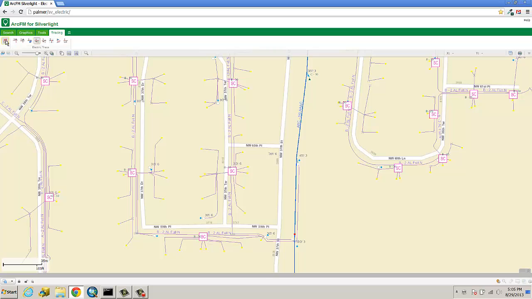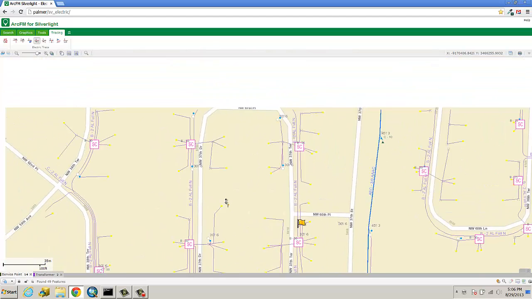So one of the nice things that we have in the tracing capabilities in the new 2.4 version of the Silverlight application is the ability to show the trace buffers, very similar to the way that we do it in the desktop product. So you can give it the size, the units of distance, an opacity slider, as well as the color that you want the trace buffer to show in. So once you have that set, I'm going to grab the downstream trace, and I'm going to click on this conductor here, and it's going to go ahead and perform a downstream trace from that location and return both on the map as well as in the grid view below the map all of the elements that are returned as part of that